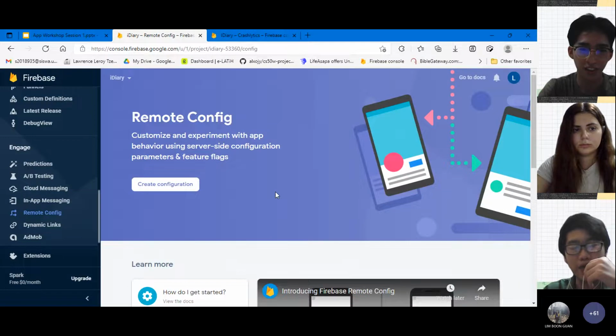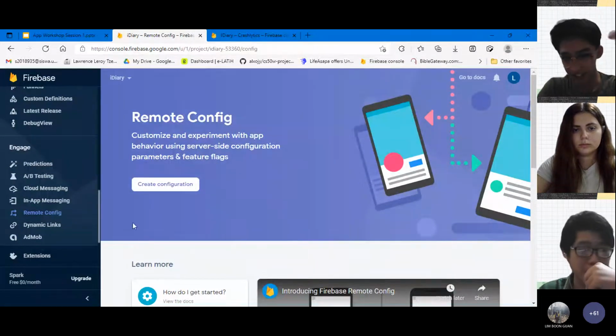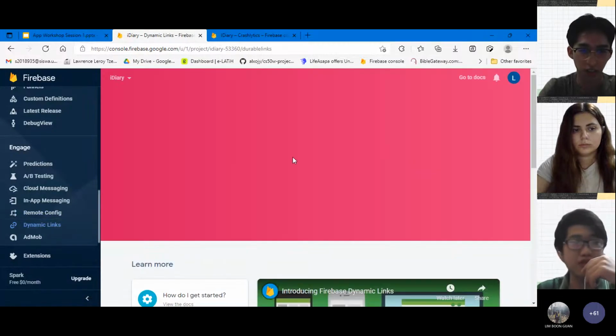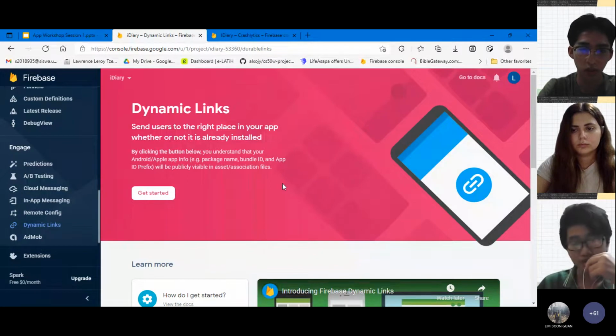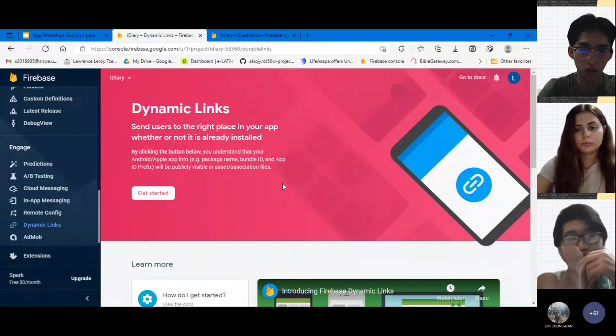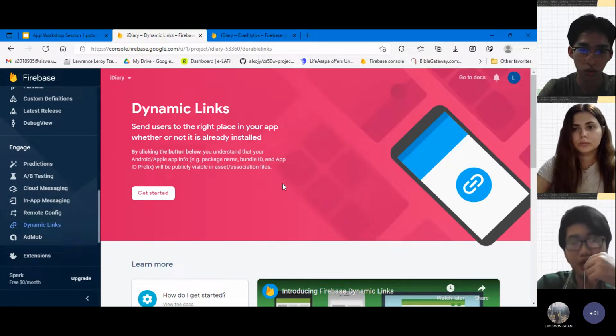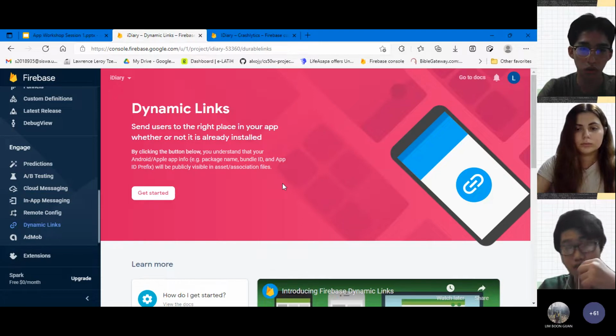So personalization and customization happens here. Okay, two more. In dynamic links, some of you may have been through this, where you click into an image or click into a link, and then it opens Lazada for you, let's say. And if you don't have Lazada, it opens your Google Play Store or App Store for you and brings you to the Lazada page, and you are just one step away from the install button.